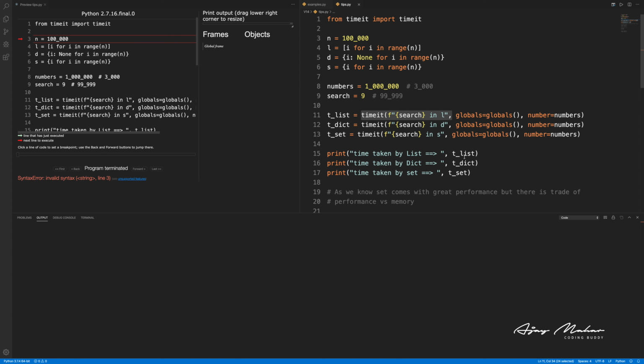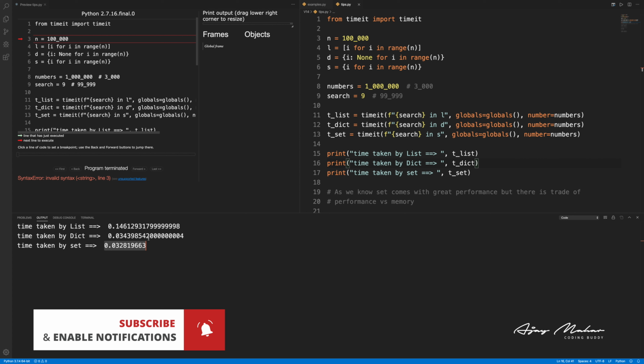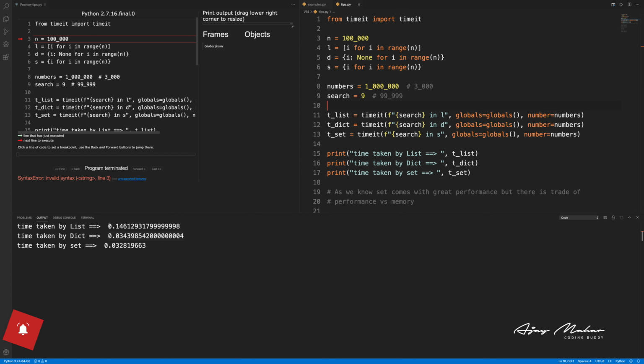Now let's go and run this code. You will see the time taken by the list is 0.1461 and so on. This is the time taken by the list, this is the time taken by the dictionary, and this is the time taken by the set. So clearly you can see the set is faster. While looking at this output, you will say there is not much difference. Yes, there is not much difference, but if I want to search